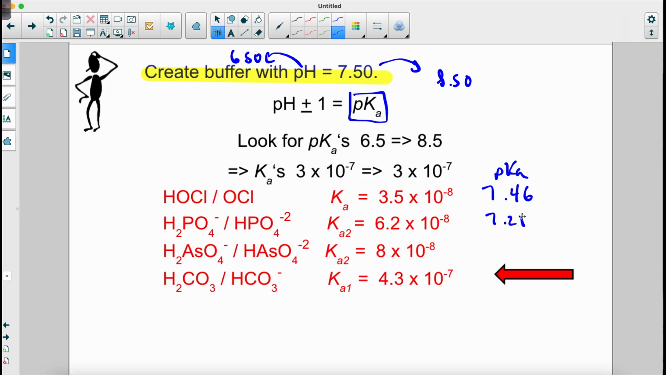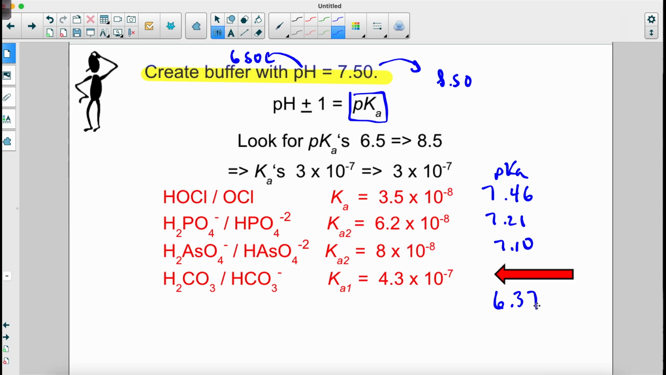And then I'm going to take 8 e to the negative 8th. I'm going to negative log that, and I'm going to get 7.10. And the last one is 4.3 e to the negative 7th, negative log, and I get